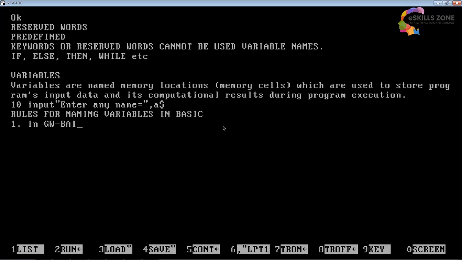In GW Basic, a variable cannot be more than 40 characters long. So viewers, whatever I am typing over here, you can see 40 characters. Every single letter I'm giving as input with the help of the keyboard is known as a character. Like in this case, if I'm going to